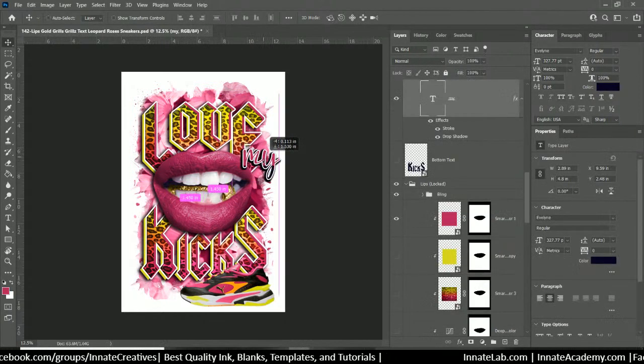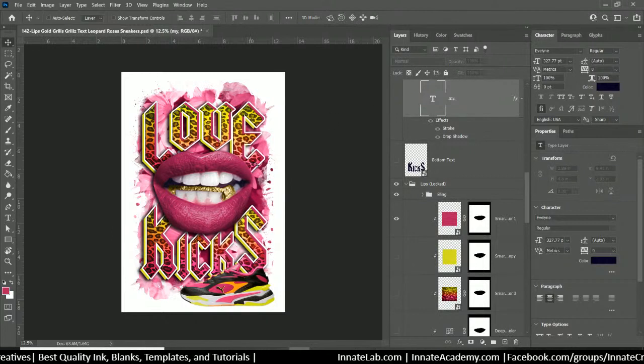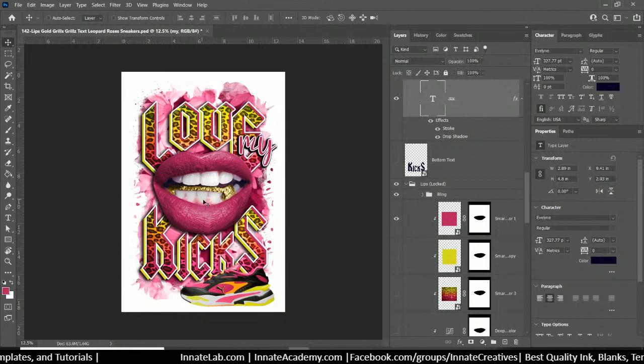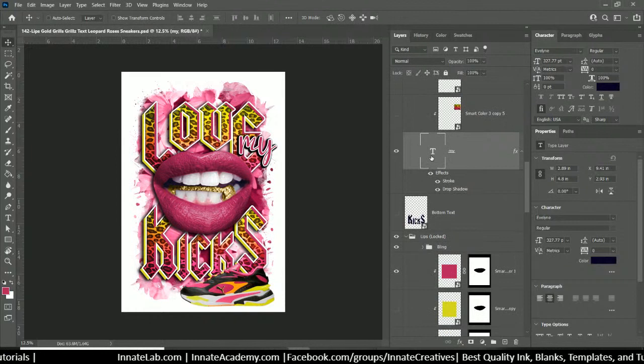Now mine is just regular old text, okay? The reason why I put the regular text there is because I figured this top and bottom text is very busy. So you want it to be accent, but let's say if you wanted to have more words, then do something like this, my here. So that if I wanted to say, instead of love my kicks, maybe I'll say,